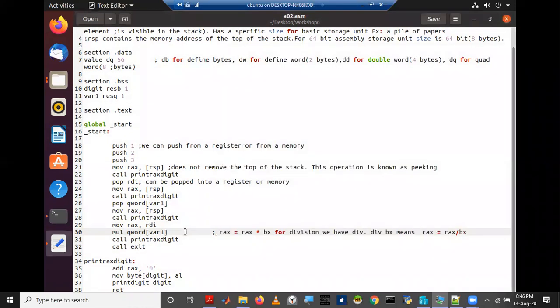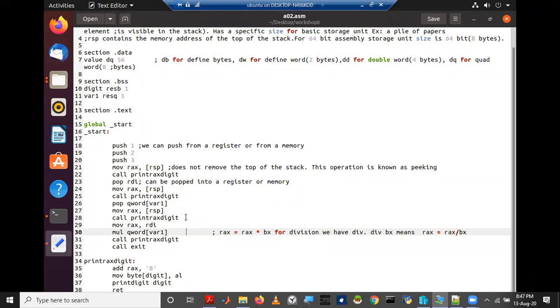So that's how the stack can be used for numerical operations. The stack acts as temporary storage for the programmer to work. Its basic size is 64-bit. So this is how the stack is used. It is a first in last out structure.